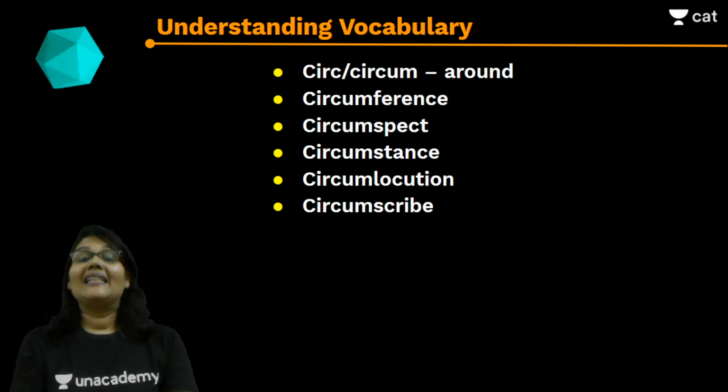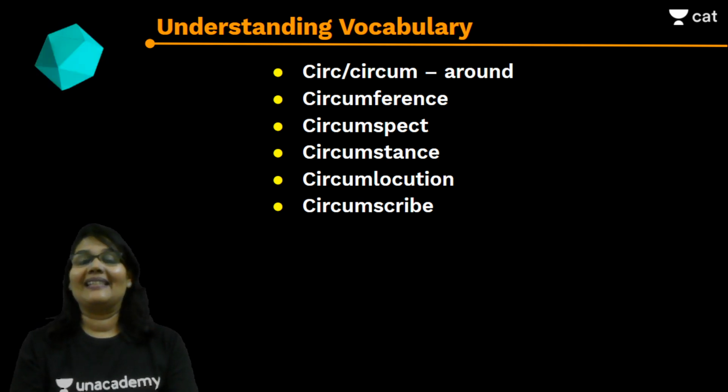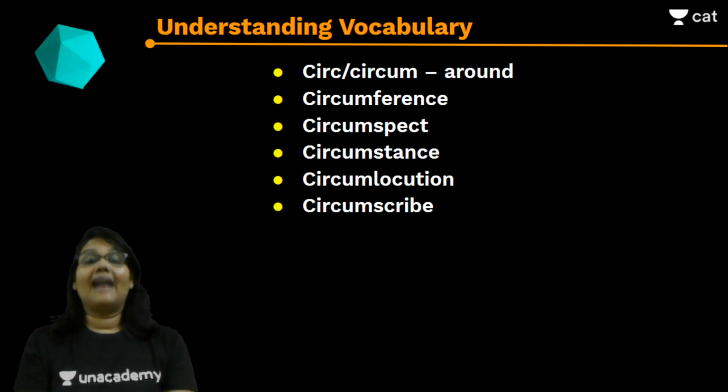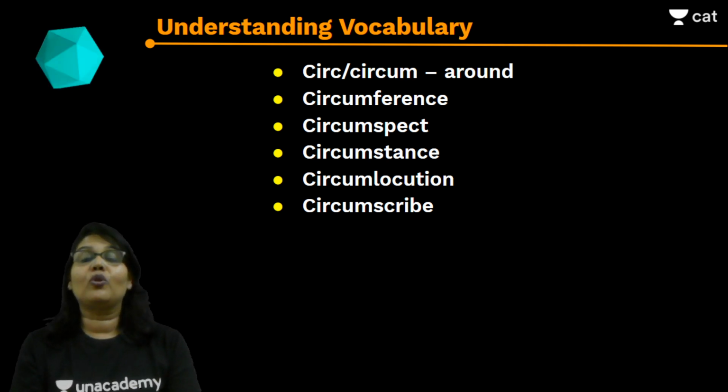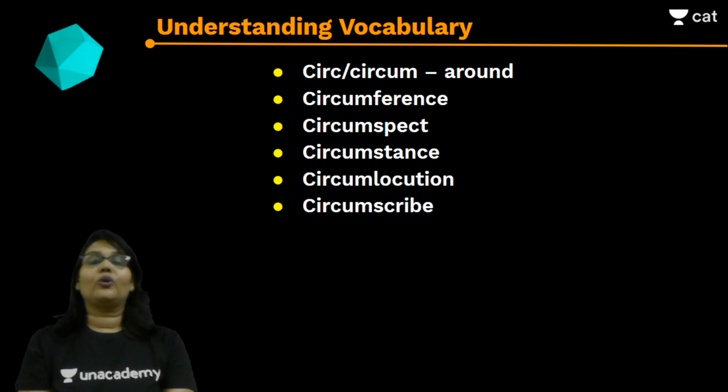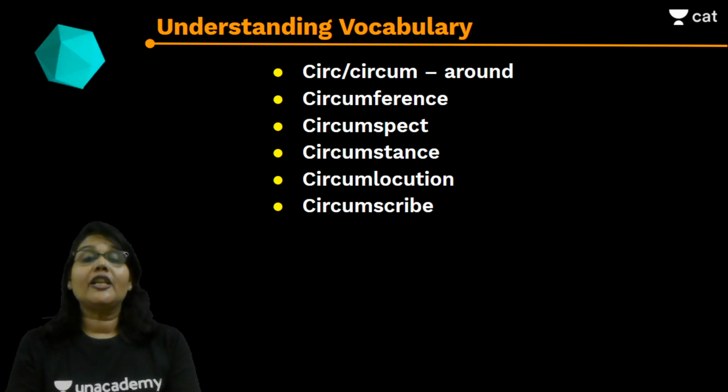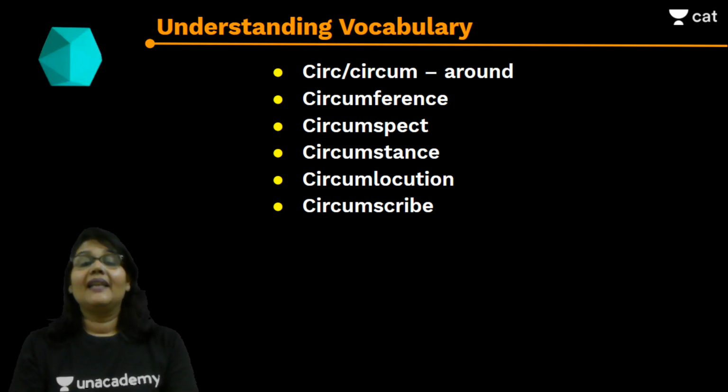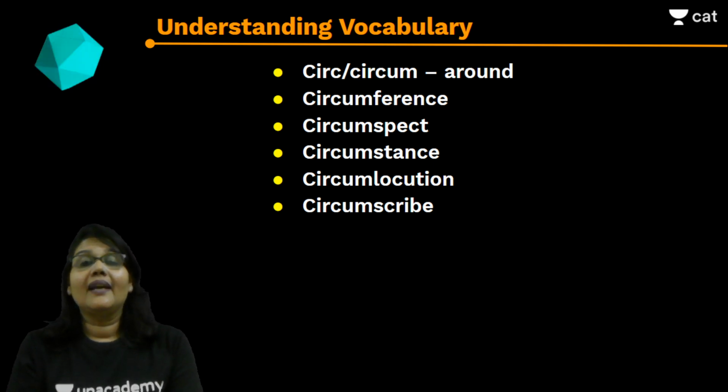Let's go to the next one. You have circumstance. What does circumstance mean? The condition around you. That is circumstance. Okay, now let's come to the next word. Guys, here also there are two root words. There is a new root word here. If you want, please make a note of this. Circum, you know what it is. Now,